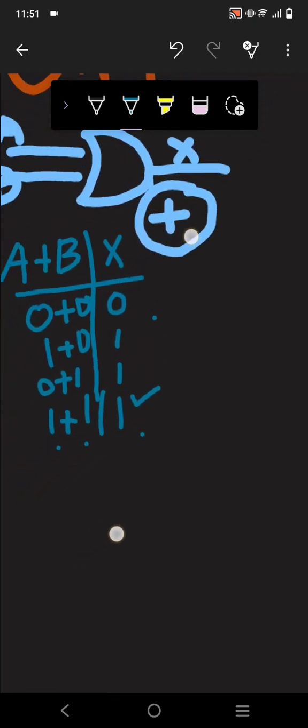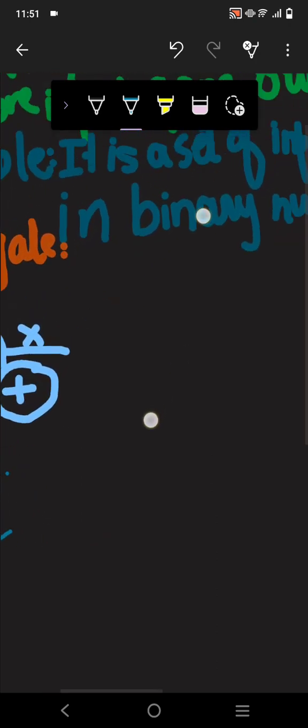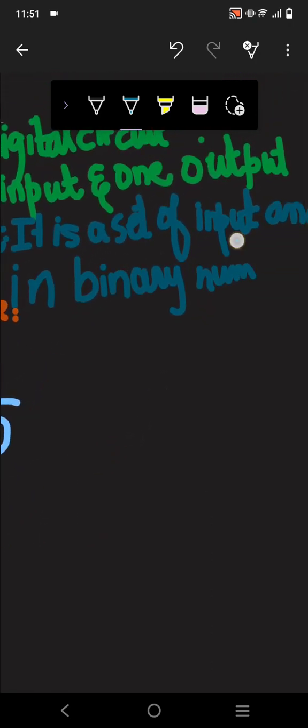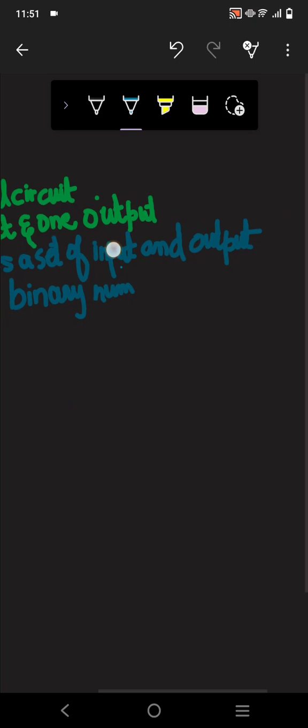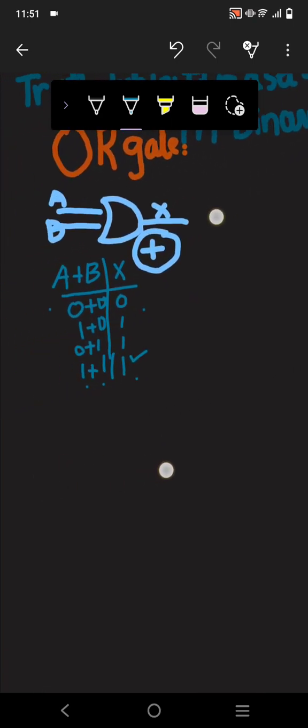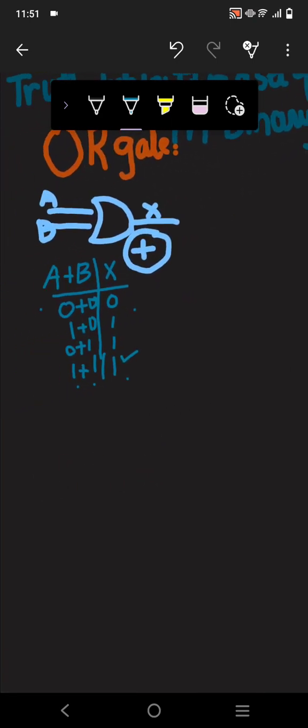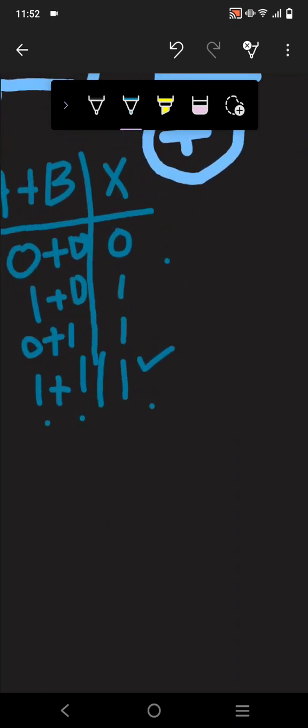If it comes out as 2, how can it be a binary number? But we have said that the output and the input will be in binary. So here I have placed 1 plus 1, that is binary. If 2 comes, that will not be binary, it will be something else, like the hexadecimal. But here we have to bring it in binary, as this is a truth table.